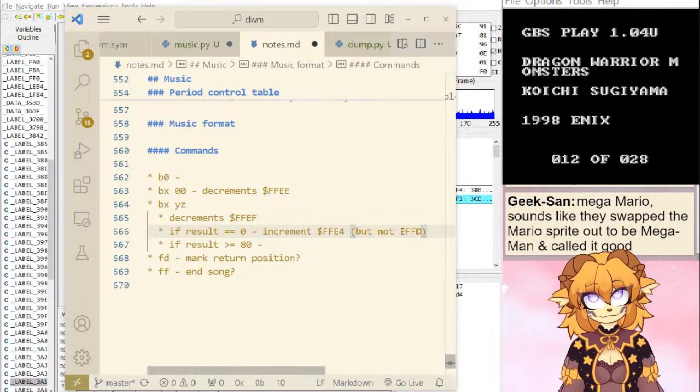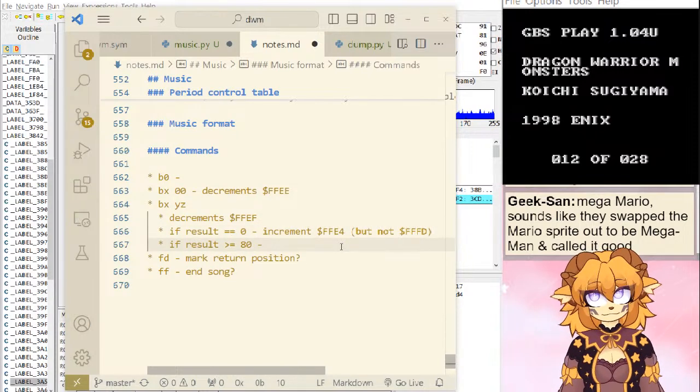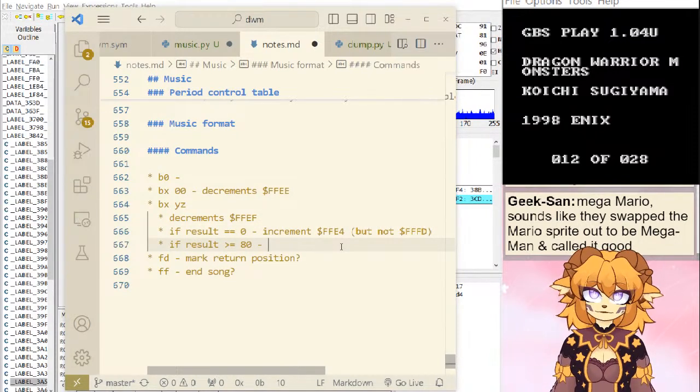FFFD. So that could definitely result in bugs.